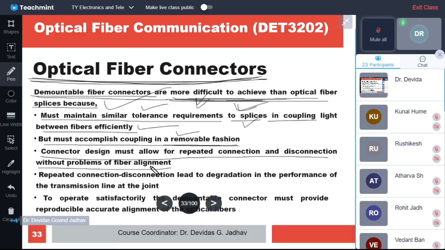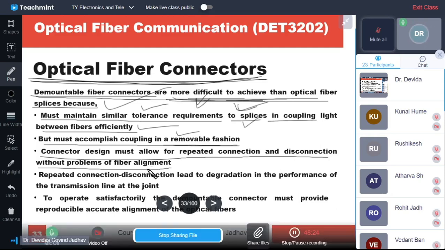After mounting, demounting some repeated cycles, the fiber may change its dimensions, and that's why misalignment will be introduced. So connector design must allow for repeated connection, disconnection without problem of fiber alignment. So this care is to be taken. So fiber alignment should not get introduced in the process of demountable